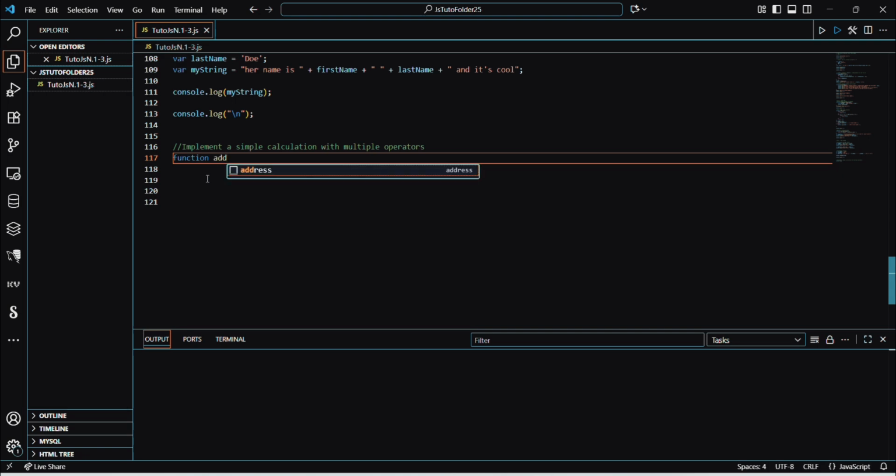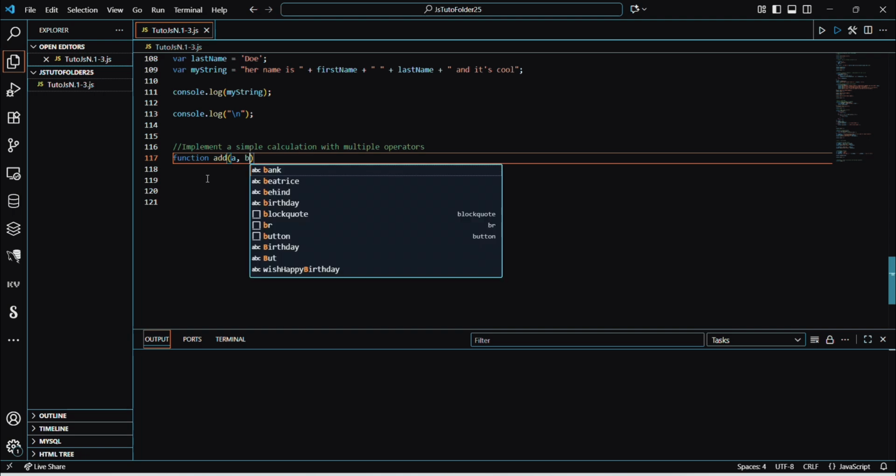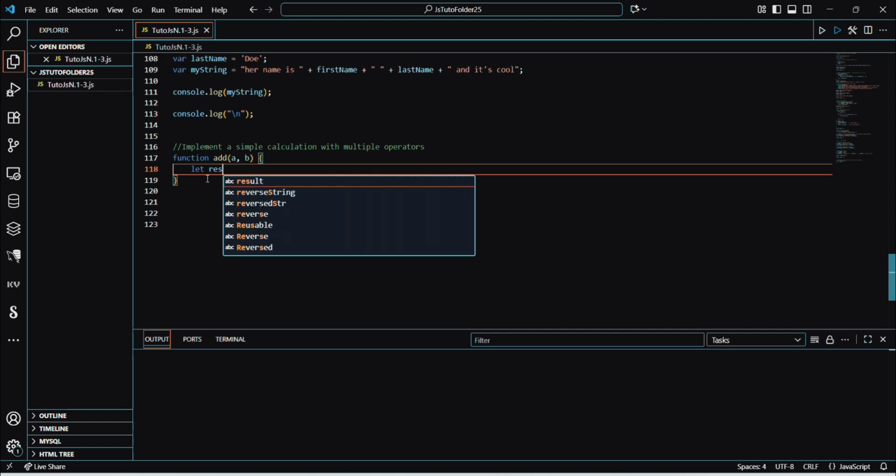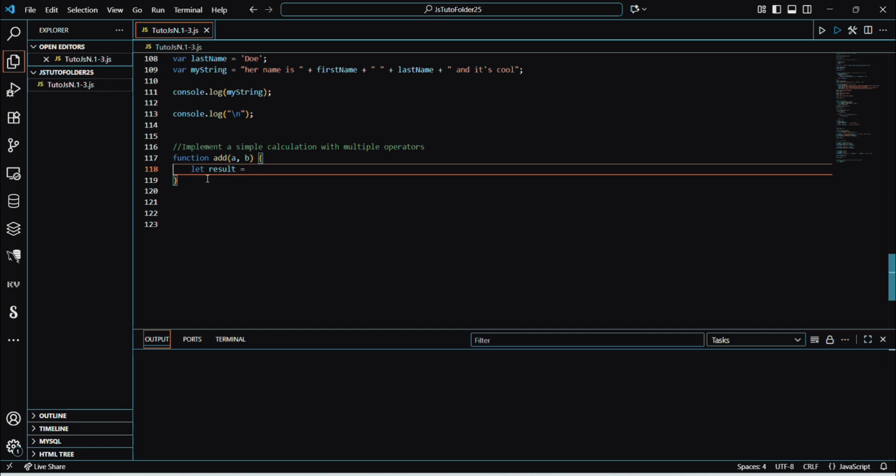We start with the addition, and here we're going to do the A and B, or you can do X and Y as you wish. Same pattern for the function everywhere. And then here we want the let result equal. We start with A plus B, semicolon,